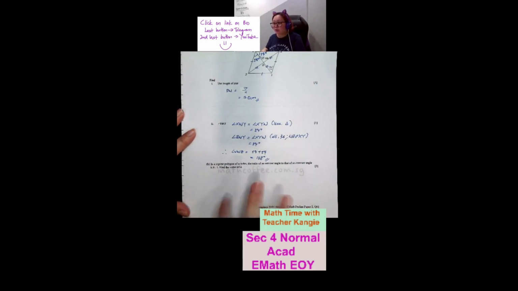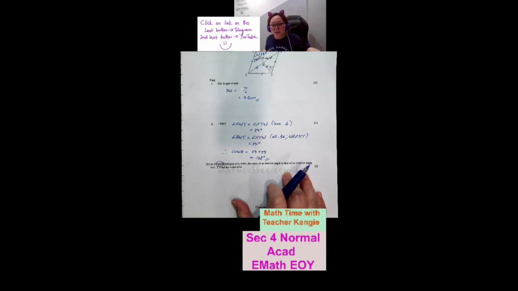They say, actually this one is very easy one. In a regular polygon of n sides, regular simply means that it has equal angles